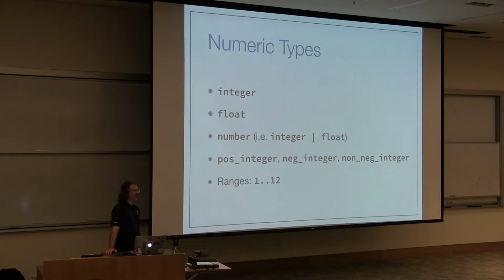There's a variety of ways to encode numeric types, including integer and float keywords, or you can use the number keyword, which is kind of like the super type of those. It's literally defined as integer or float. If you want to be more specific about the range of values in your numbers, you can say whether you want a positive integer, a negative integer, a non-negative integer, or even a specific range of integers. If you have a function that can take only a very specific range of numbers, like the number of months in a year, for example, then you can use this range syntax to say that 1..12 is the type that this function would accept.